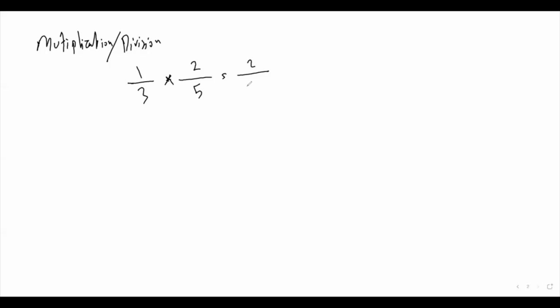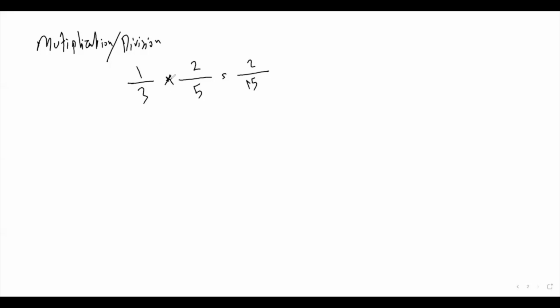About multiplication and division, that is quite easy. It's easy because it's quite straightforward. You just have to multiply the numerators together and do the same thing for the denominators. So if we have 1 over 3 times 2 over 5, the answer would be 2 times 1, 2, 3 times 5, 15. And if they're asking for the simplest form,